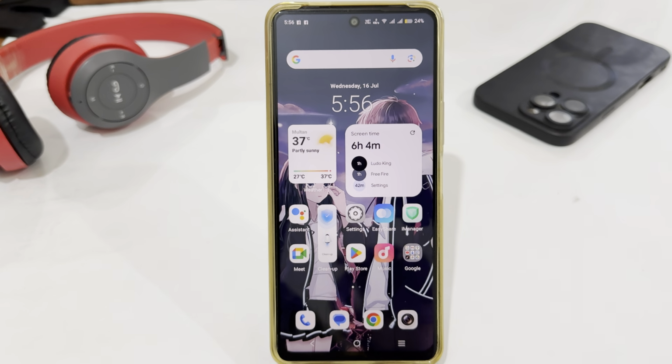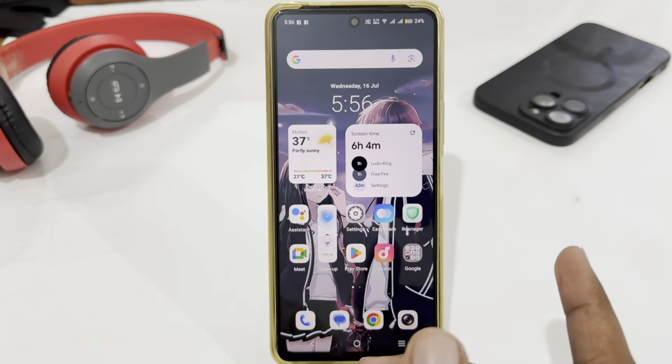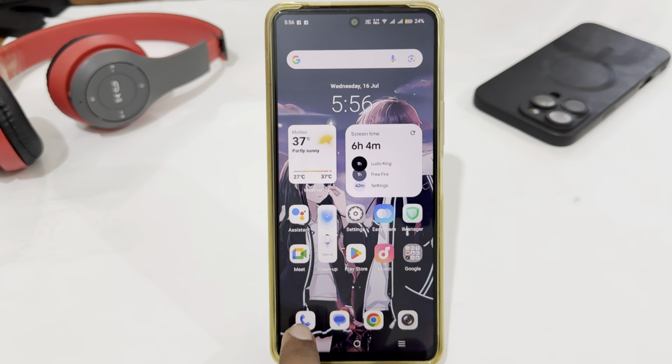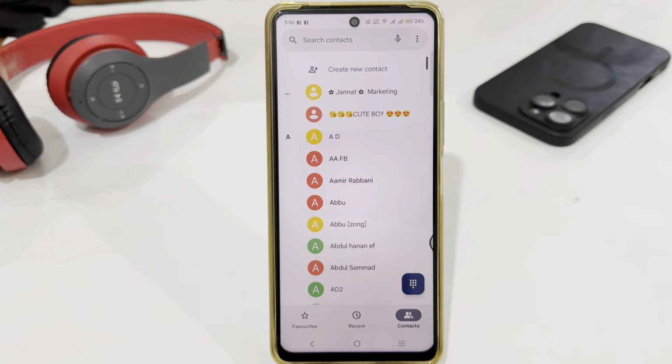So today I'm going to tell you about some Vivo dialer hidden codes for any Vivo device. So let's start the video. First you have to open your dial pad and here you have to enter the first code. The first code is